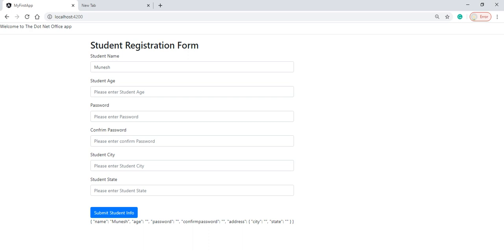Here we created one user registration form, and it has some fields like name, age, password, and city and state. And we have seen here that student city and student state is the nested group. We have taken these two controls as nested, meaning under the address.